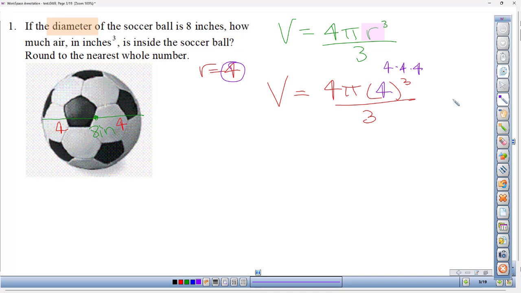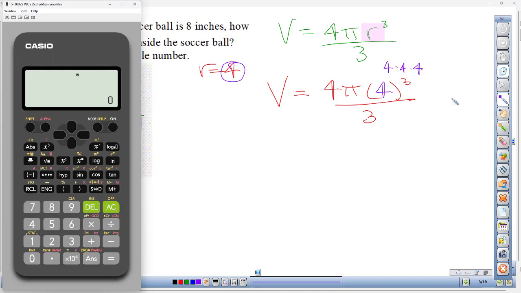And if we check that on our calculator, okay, so I've brought up my calculator, and I could do 4 times 4 times 4, but there's this nice to the 3rd power. All right, and I'm going to get that. So that's 64. I still need to multiply by 4, so times 4 equals, and I need to multiply by pi, so I'm going to take that answer and multiply by pi. And lastly, I need to divide that answer by 3. And it all comes out to be